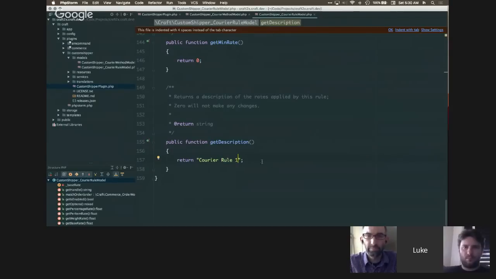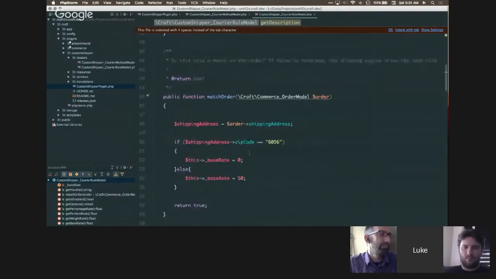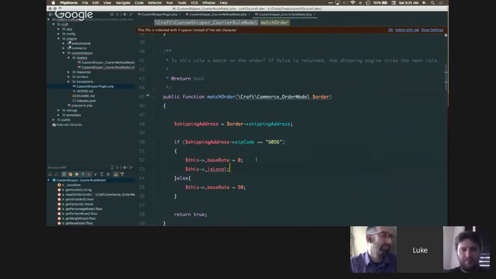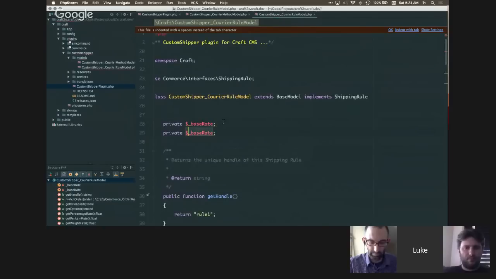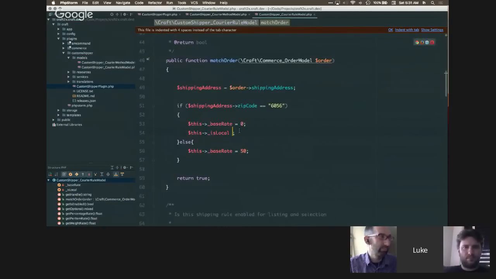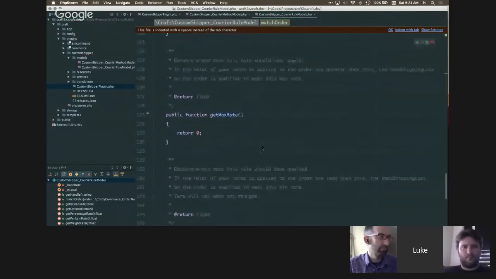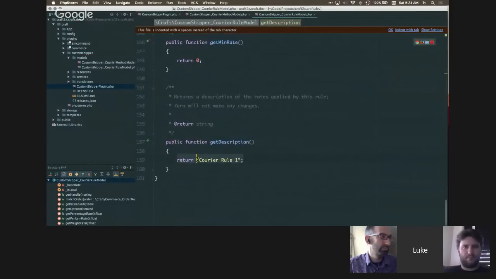So maybe what we could do is we could say we're going to say is local. So let's do a property here for is local. And I'm going to say is local is true. And then down here we could do something like